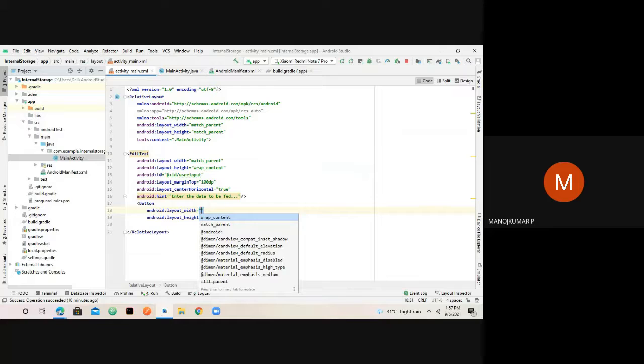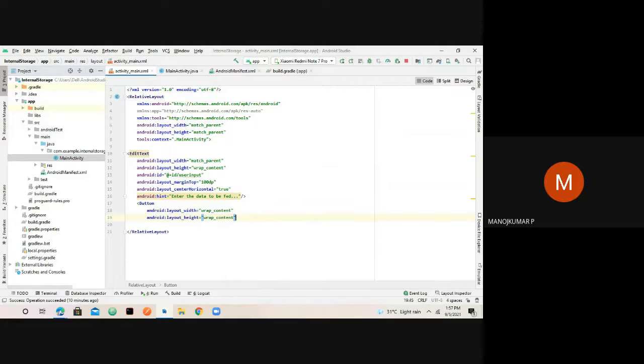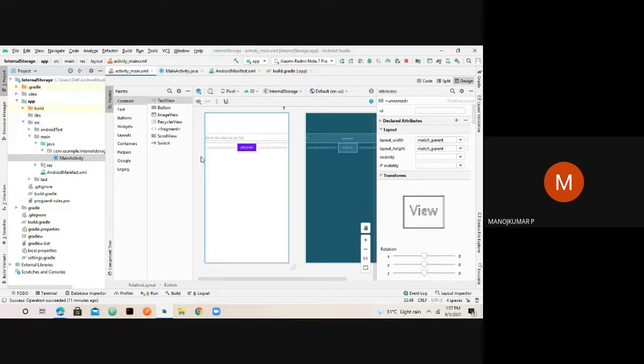We are creating a button below our edit text. So I would say go below my edit text. User input is the ID of my edit text, followed by a unique ID for my button. So I would say pick, for example, and then let us give it a button name, say upload. Then let us set the position to true, and fine. So this is the design part. We have completed this one.